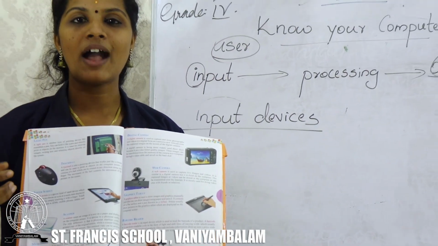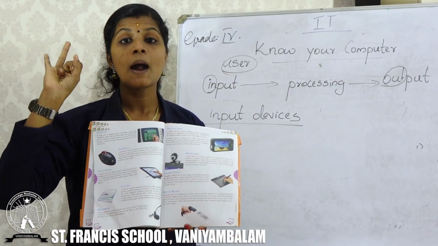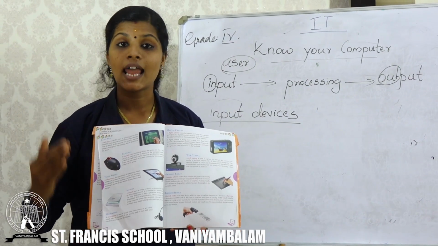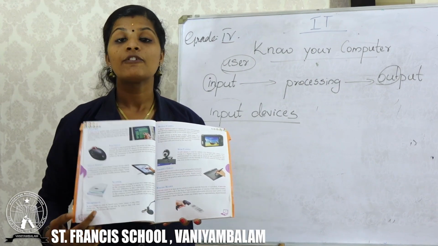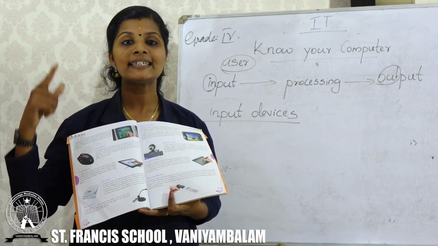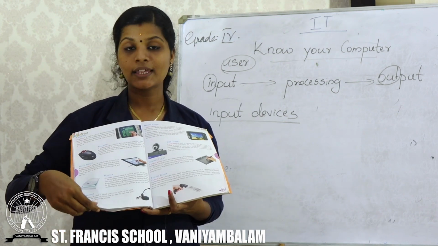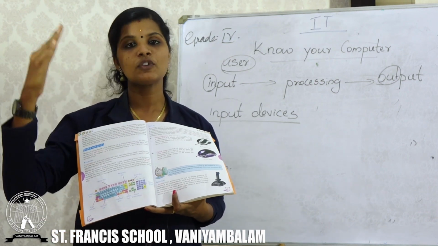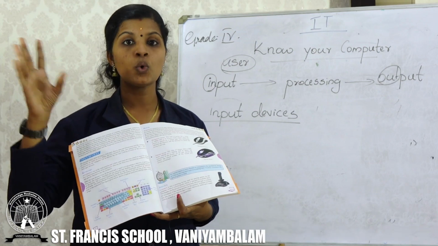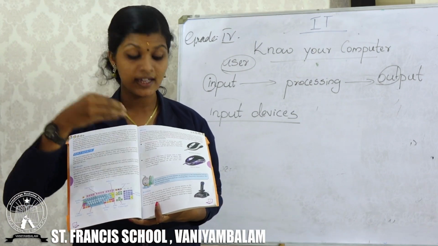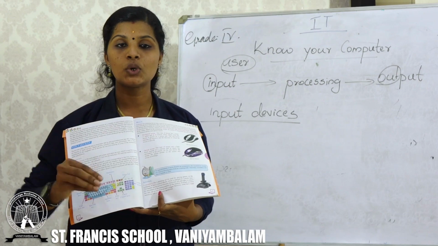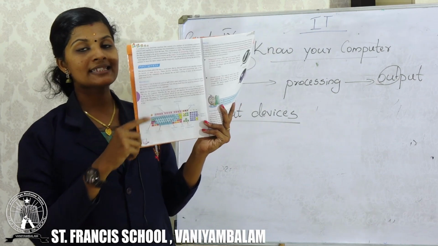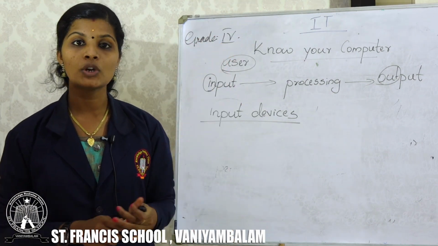So there are so many devices. The first one is keyboard, mouse, trackball, joystick, scanner, light pen, and many others. First of all, you want to study the names of input devices. You can read the names 2 or 3 times, then it will be clear for you. There are not only 2 or 3 devices, so many devices are given in the textbook. So first read the names of all input devices. The first input device is keyboard. The first one we are going to discuss is about